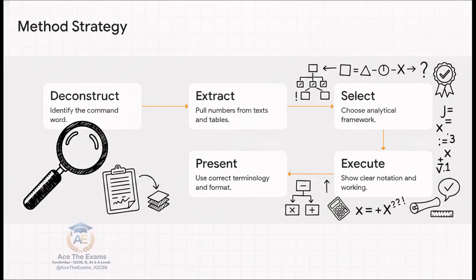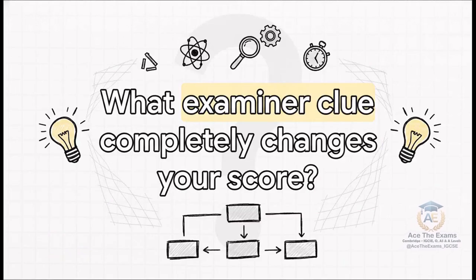Using this standardized sequence pretty much guarantees your points because it forces you to show your processing step by step, no matter what they throw at you. In a moment, I'll show you the ultimate examiner clue that changes your answer and your final score completely. Seriously, it's the single biggest safety net you have in this entire exam. But first, you need the analytical framework that makes that clue completely obvious when you're sitting in the exam hall